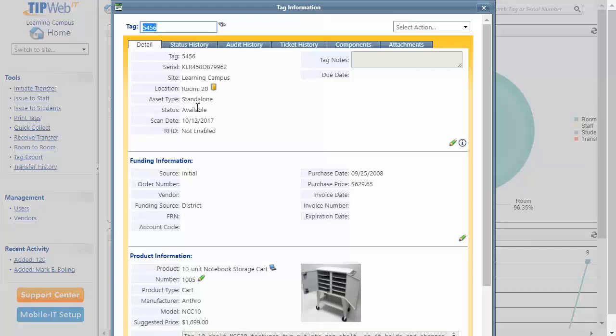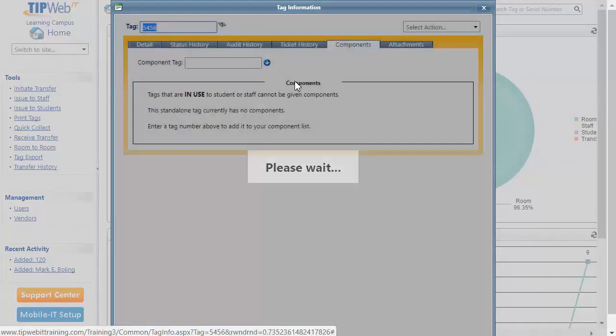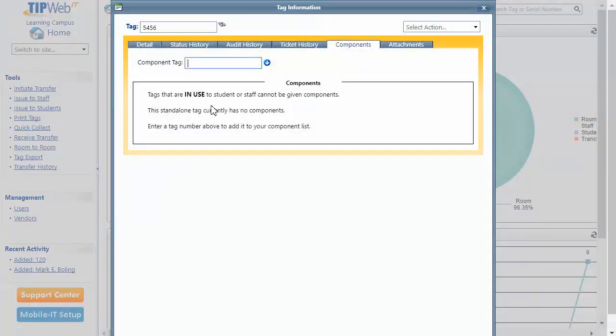I want to discuss with you establishing the parent and component relationship, and I'm going to use this particular tag to accomplish that task. What I will be doing is assigning laptops to this cart. Once that association is made, the cart will become a parent and the laptops assigned to it will become components. I'll go ahead and click on the Component tab and we'll discuss a few tips that may help you in